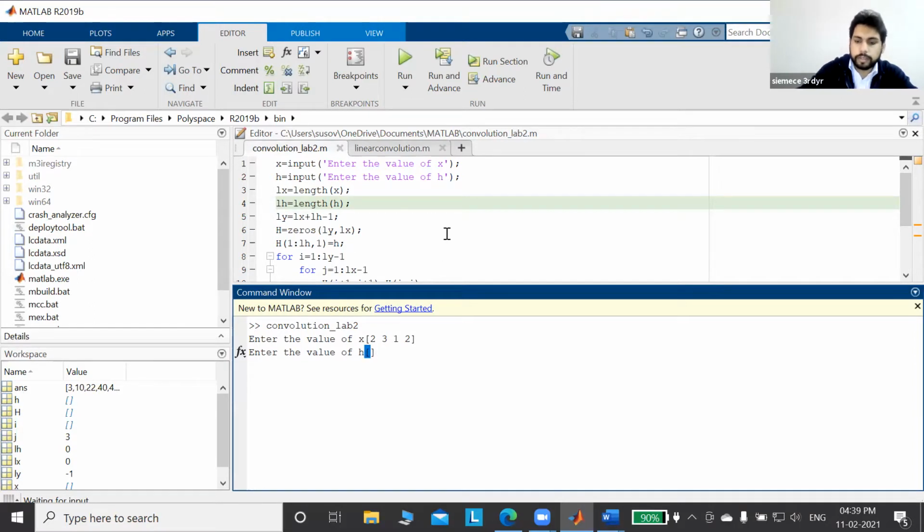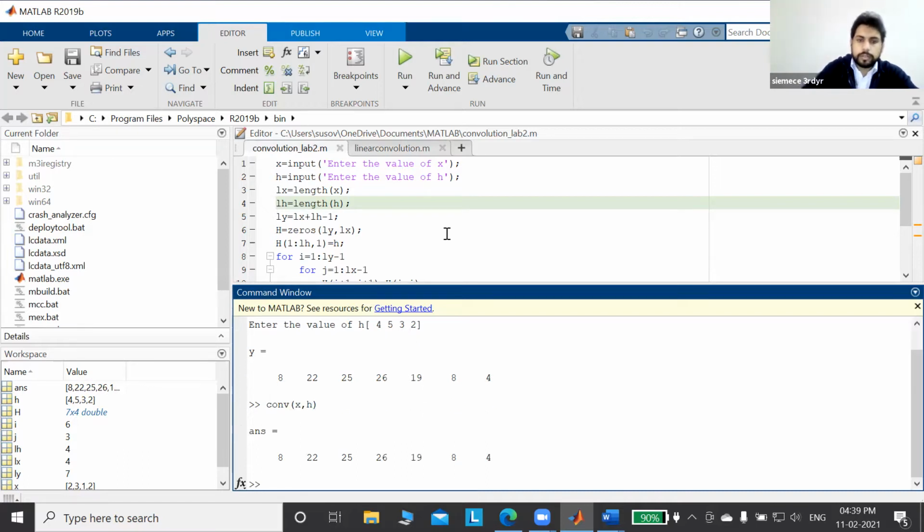You can give any value, 4, 5, 3, 2. Then this is the result. And if you check the result by the MATLAB convolution, x comma h, see, it will match the result. This is the MATLAB inbuilt command result, and this is our own program output, which is the same.